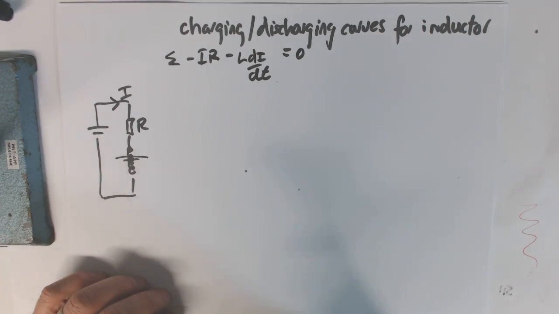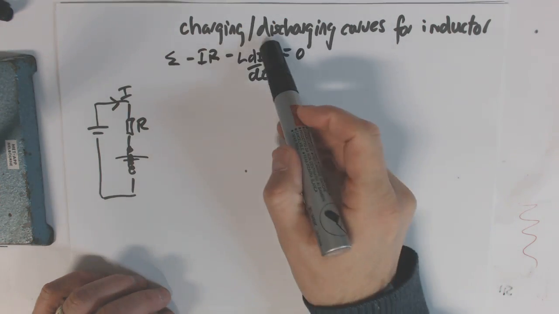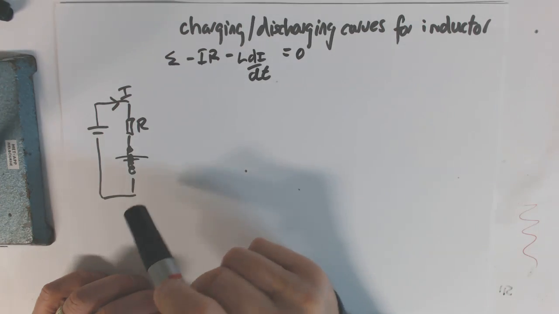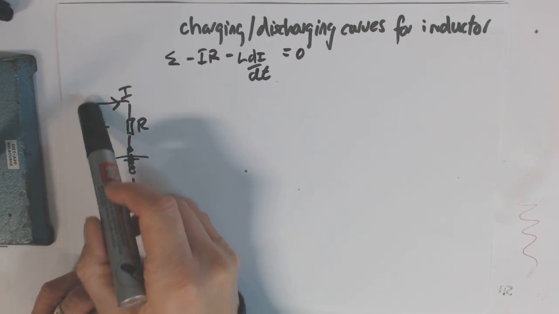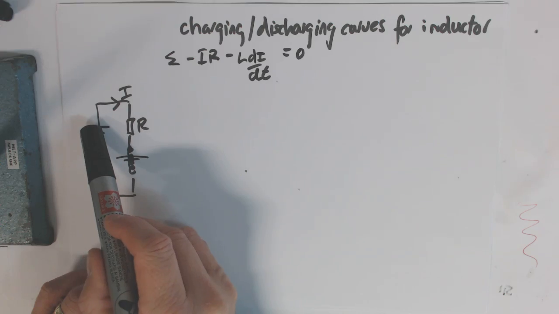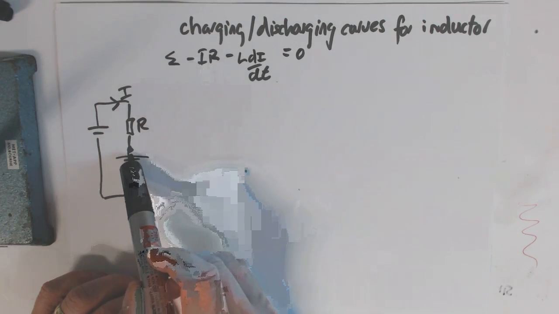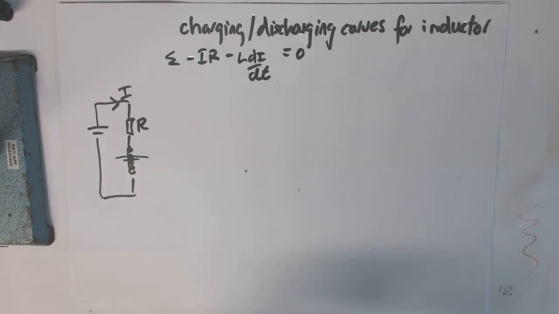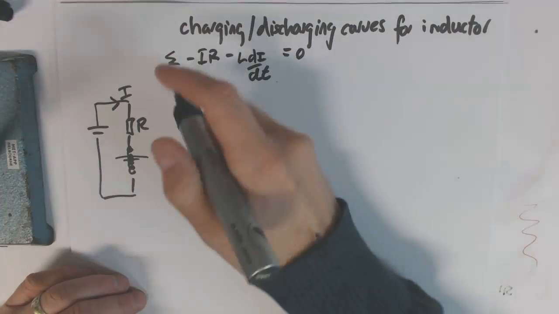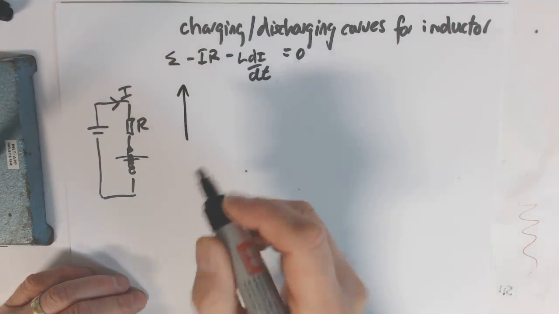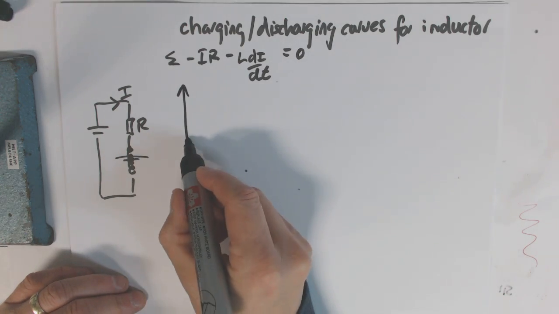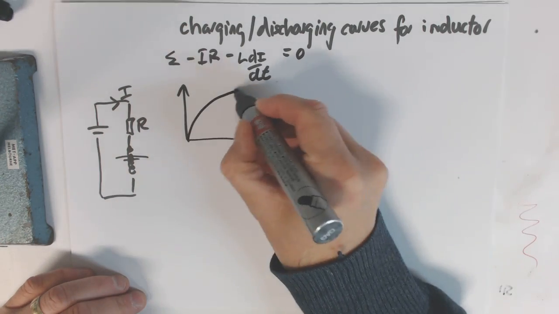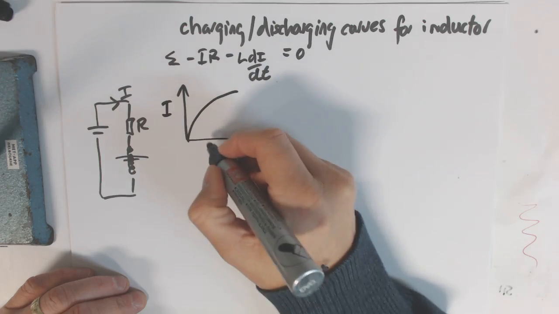But remember that the whole point of the negative was to show that this was around the opposite way from the supply. So if we forget about that, we know that L di/dt is the actual value of the voltage, and we can get the direction from our Kirchhoff's. If we come out of a positive in our Kirchhoff's, we make it a positive, and if we come out of a negative, we make it a negative. So once we do all that and solve that differential equation, not too tricky to solve, separation of variables, all that sort of thing,